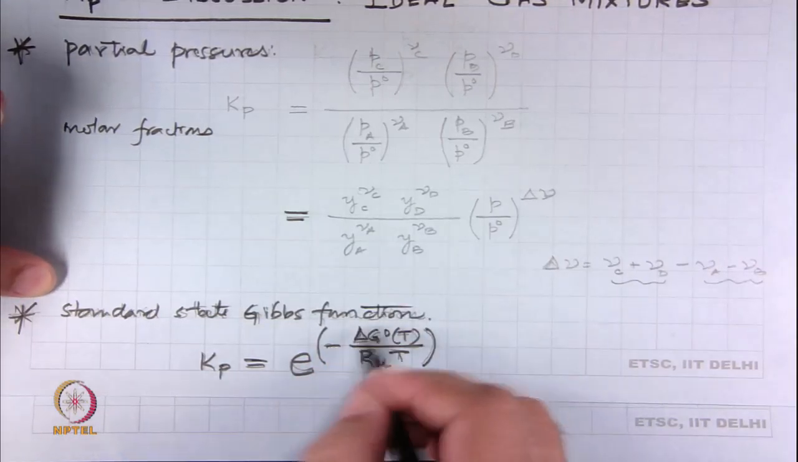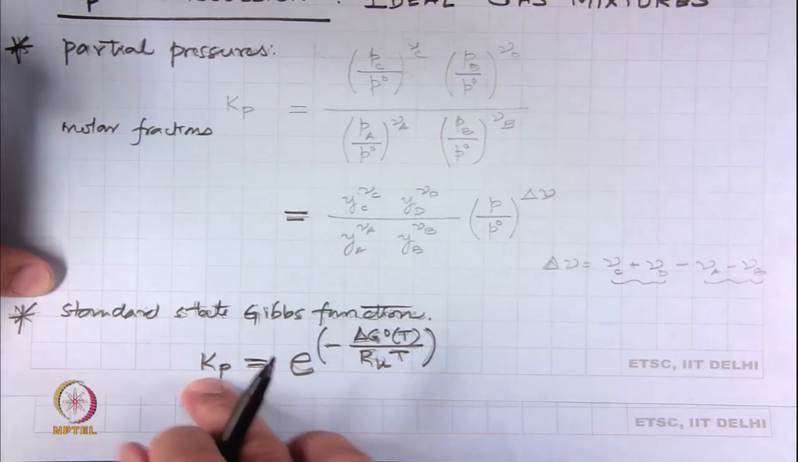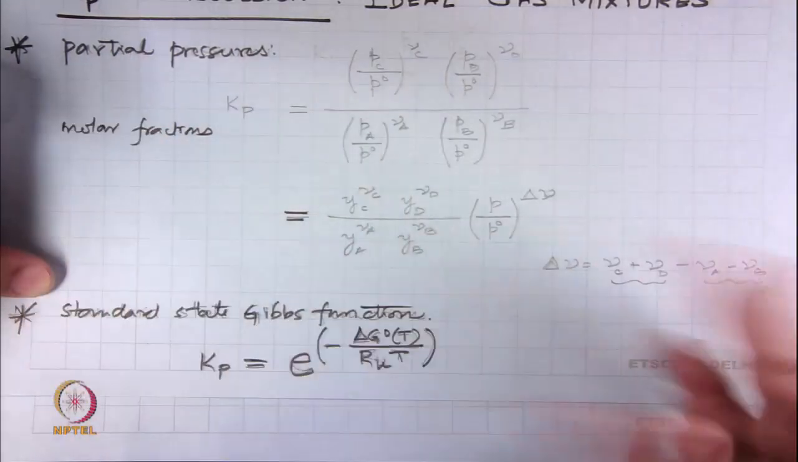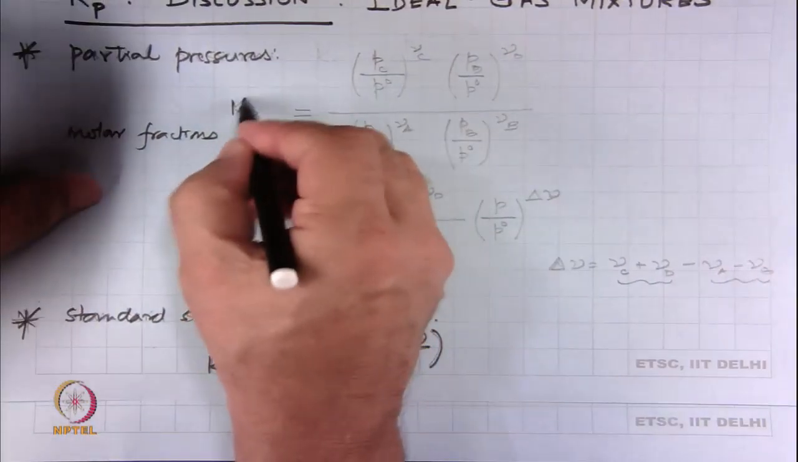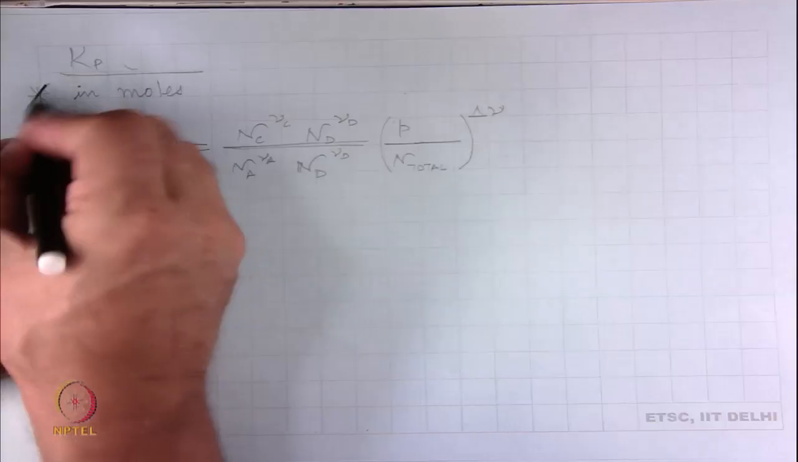What it tells us is that if we know delta G 0 T from thermodynamic data, we can calculate K p. Or, if we know the partial pressures or the molar fractions, then we can get K p. So, there are two different ways that take us to the value of K p. And the third one, in terms of moles,